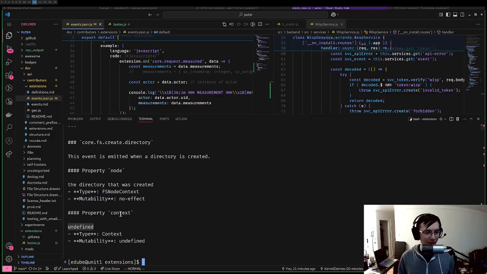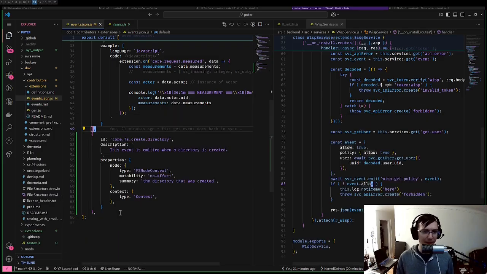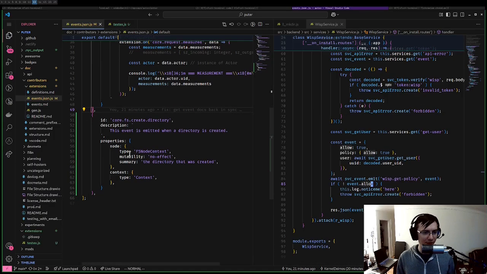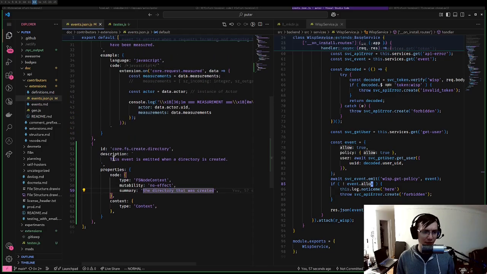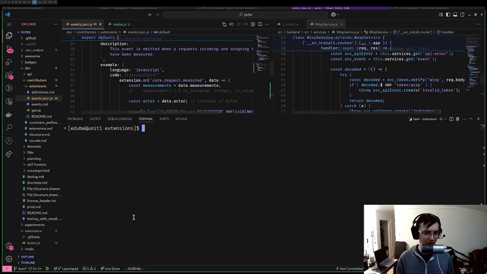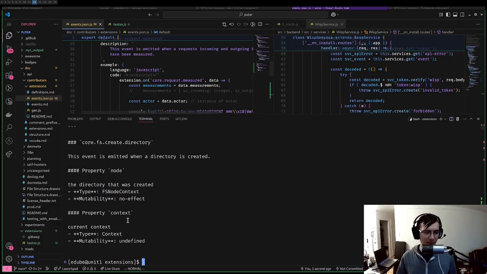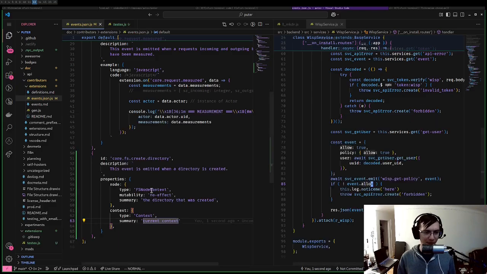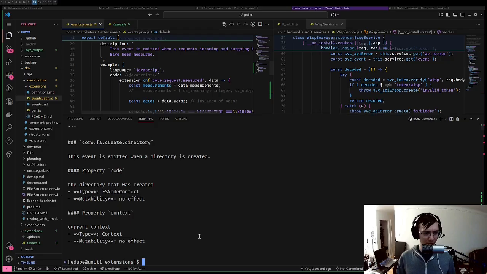I can see that I have an undefined in here somewhere. I think that's because the generator doesn't actually support not having a summary. So I'm just going to write current context. I'll probably have that fixed in the near future. Mutability is undefined, so we don't support not specifying that either. So there we go. Looks like we have some sensible documentation for that,